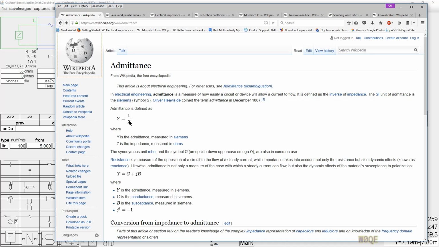Impedance is an indication of how well current is resisted. Admittance is an indication of how well current is allowed to flow. So they're exactly opposite to each other. However,